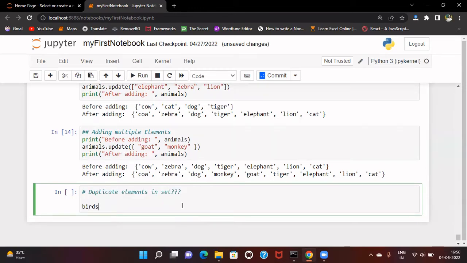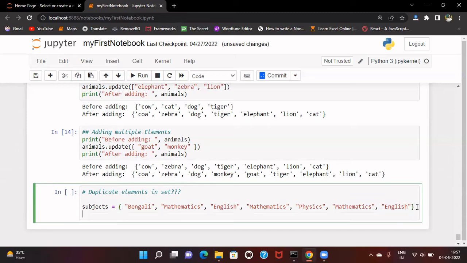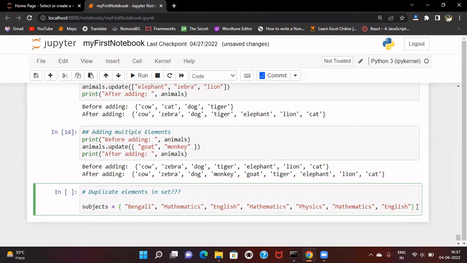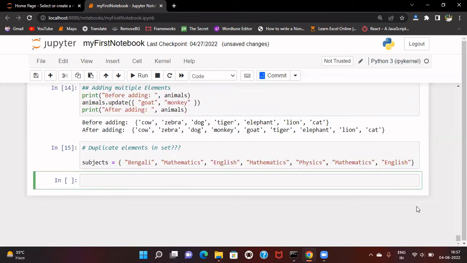Let's have another set. Let me have some subjects over here. And let me repeat some of the values here. Let's say this one, I think I have repeated it thrice. Let's take this one as well. Now, what will happen if we run this code? Will it throw any error? Well, let's see. So it did not throw any error, but you will say, but Suchi, you have told that